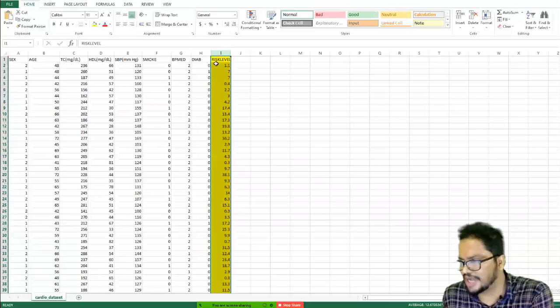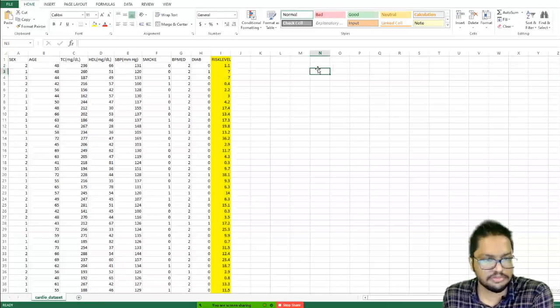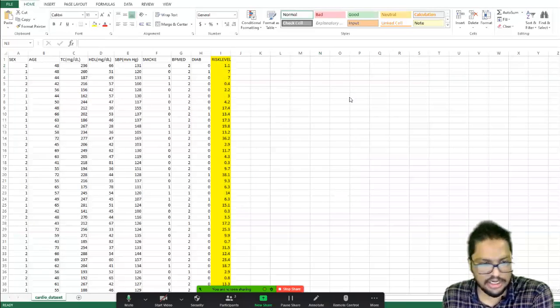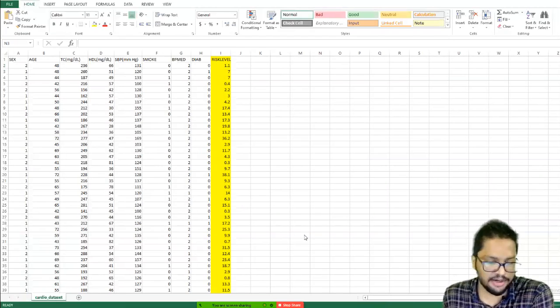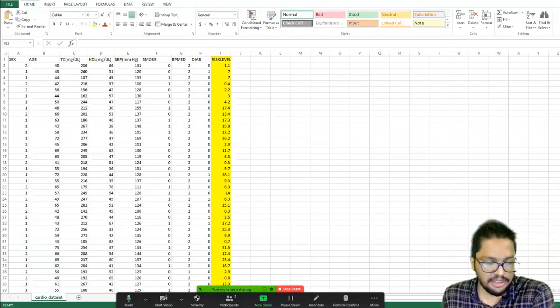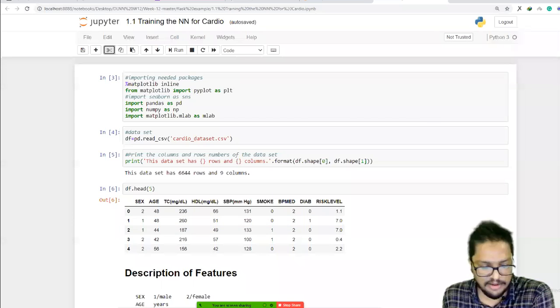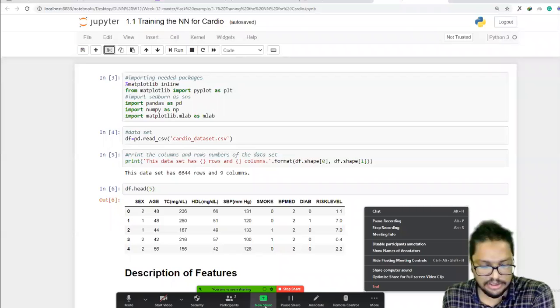So to remind you the basics, would it be a classification problem or a regression problem? Yes, so this is a regression problem, right? A straightforward thing, this is a regression problem. We are going to predict a risk level, right? Simply here you can see a sample neural network is developed, and I will show you the